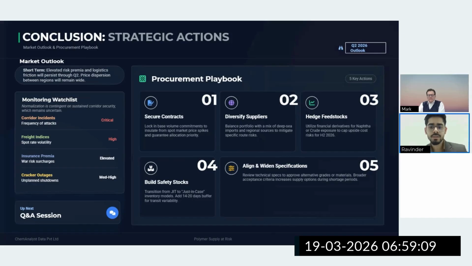Mark, as I mentioned earlier, the other choke point I talked about is the Bab al-Mandeb, where the Houthi rebels stay, and they may start because they are on the back foot currently, and they have said that they might start supporting Iran in upcoming months or weeks. If they start doing this, then the crude oil prices will reach the 200 per barrel mark, and that will be disastrous. I don't think anything worse can happen than this.